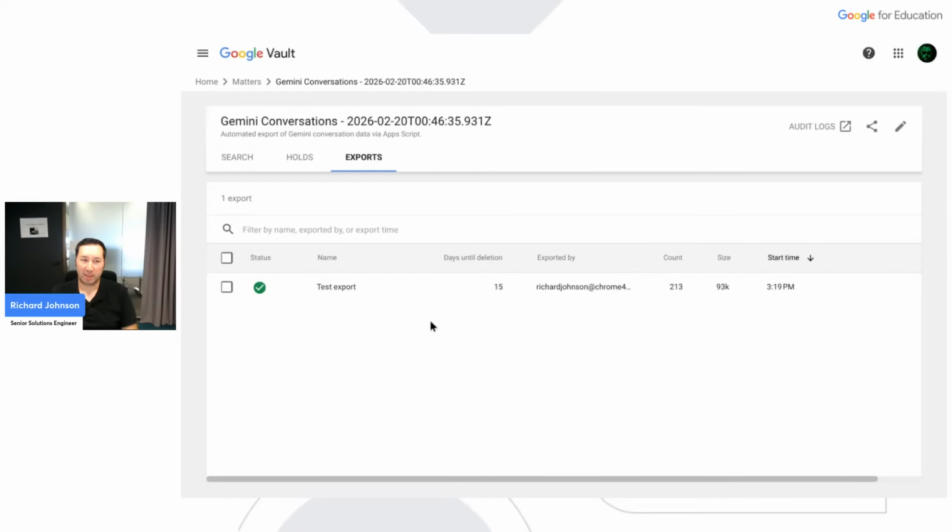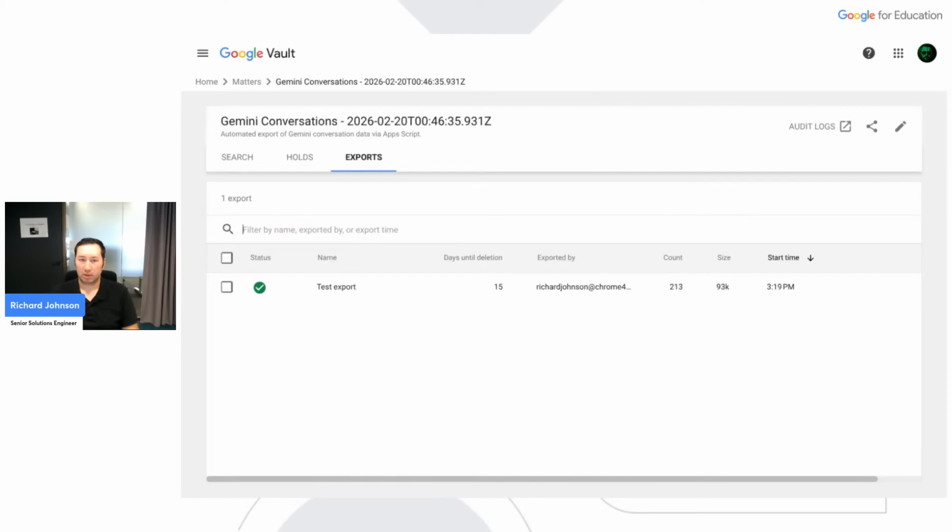It'll take a couple of minutes at least to export this or to create the export. You'll be able to keep it for 15 days, and then you'll have a download link. That will come out in text file, and that will give you all the information that you need around what users have been asking or prompting in your system, in the Gemini AI system. It'll also tell you which application they've been using inside there as well.